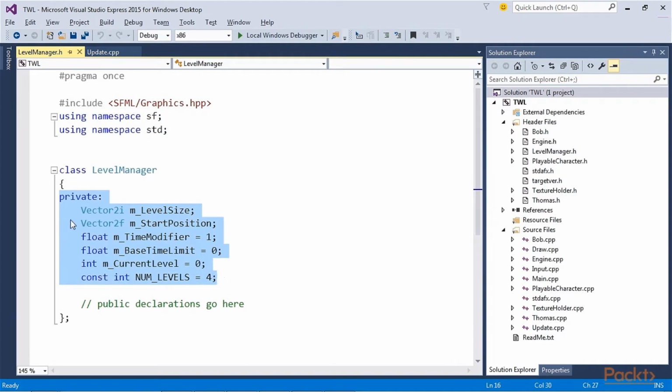The code first declares Vector2i m_LevelSize to hold two integer values that will hold the horizontal and vertical number of tiles that the current map contains. Vector2f m_StartPosition contains the coordinates in the world where Bob and Thomas should be spawned. Note that this is not a tile position relatable to m_LevelSize units, but a horizontal and vertical pixel position